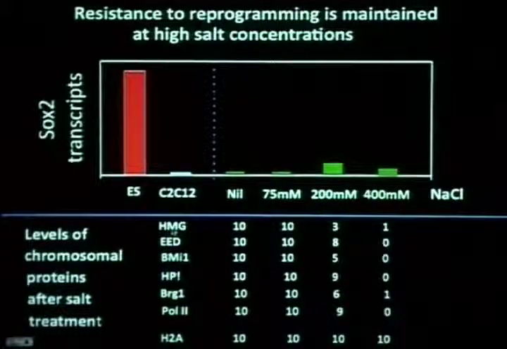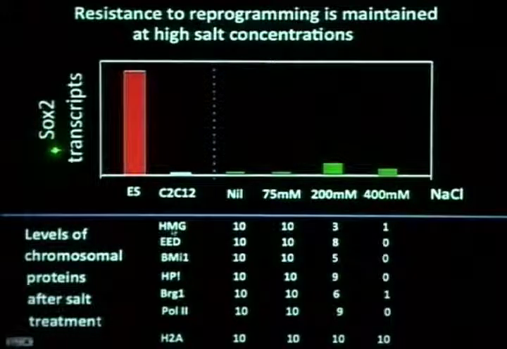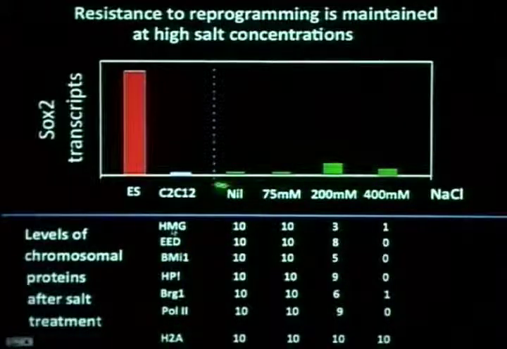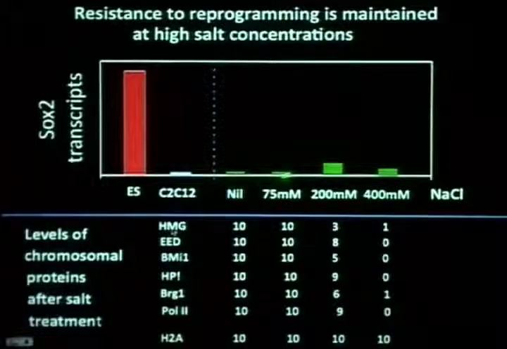And what the top of the picture shows is that when you're examining the gene SOX2, ES cells, of course, express this gene very strongly when they're transplanted to oocytes. But C2C12 cells, for example, are highly resistant to reprogramming of this gene. And to my surprise, when you remove all these proteins, it makes no difference at all. The C2C12 nuclei still show almost exactly the same resistance, even though nearly all the most obvious chromosomal proteins have